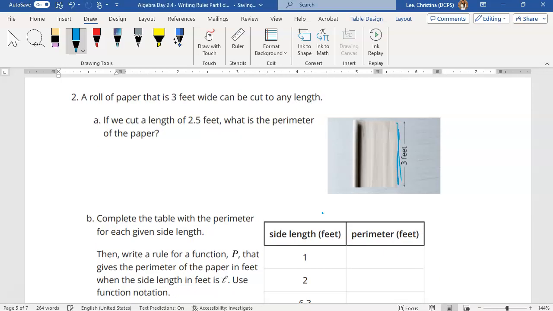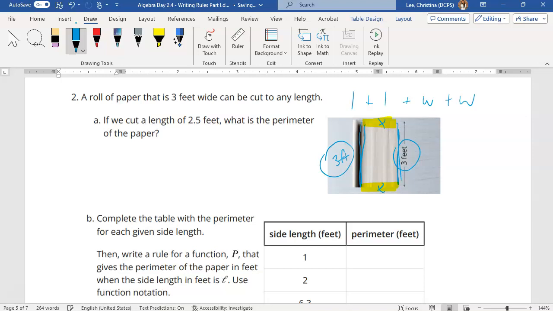So here, this side is 3 feet, which means when I cut the paper, this side over here will also be 3 feet. So if my perimeter is the length plus the length plus the width plus the width, I know that constantly we're going to have 3 plus 3 as part of the perimeter. What we don't know is this side here, right? And so what we're going to do then is let's mark that. You can mark it with a W or you can mark it with an X for the unknown value of